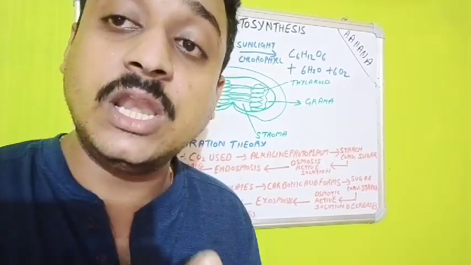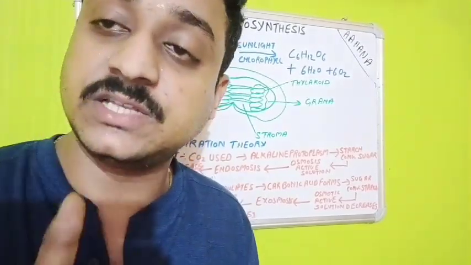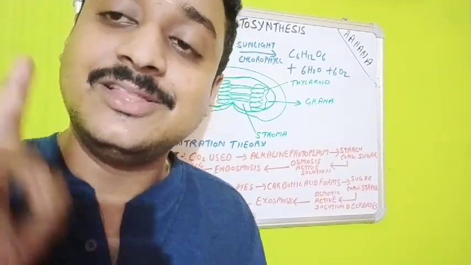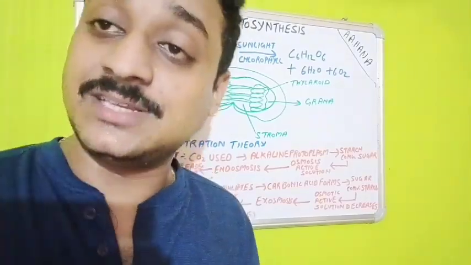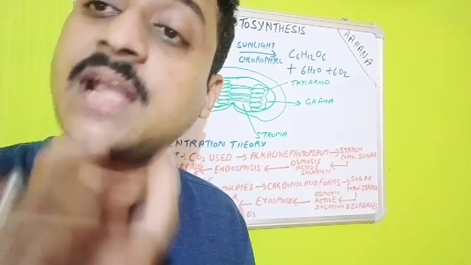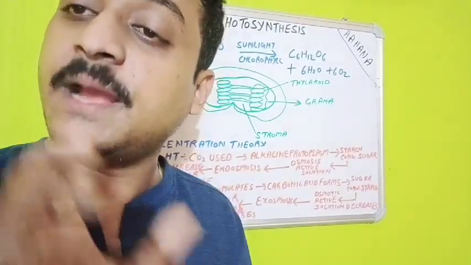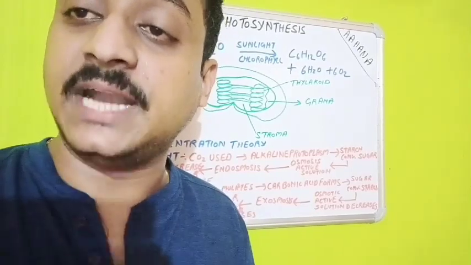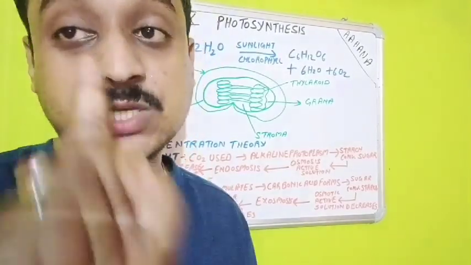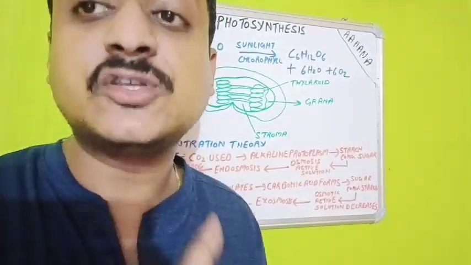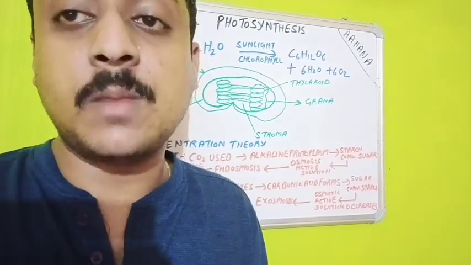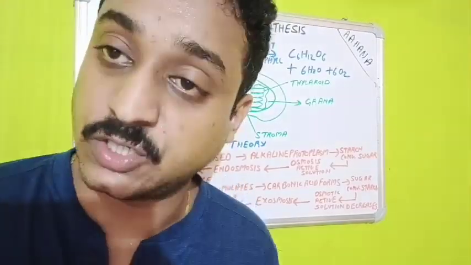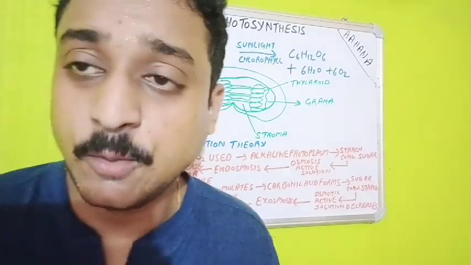During the day only for the desert plant, the carbon dioxide which is taken up by the plant at night will be utilized at the daytime. Means at the daytime photosynthesis will take place, but no opening of stomata, because opening of stomata causes a huge amount of transpiration. Apart from that, I hope you can understand this.